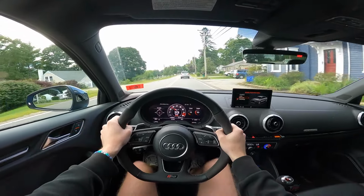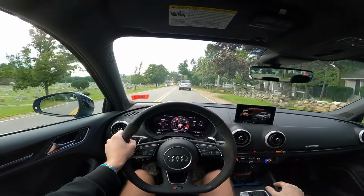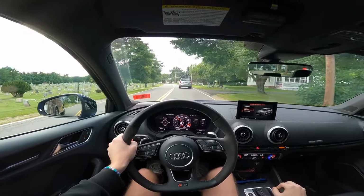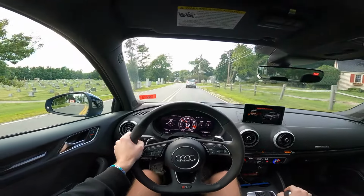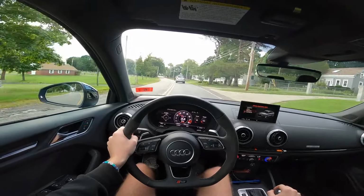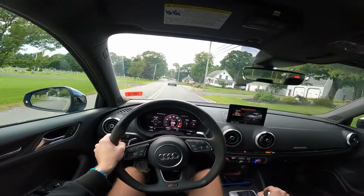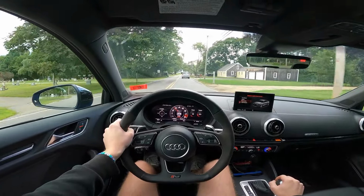I don't know, this thing will spin all fours. I will make a launch control video at some point. I've always promised that, and we have done a POV launch, but we'll actually start to get some times for you guys, so you can get an idea as to what an IE Stage 1 Audi RS3 on 93 octane gas is capable of. 0 to 60, probably won't do 60 to 130, but